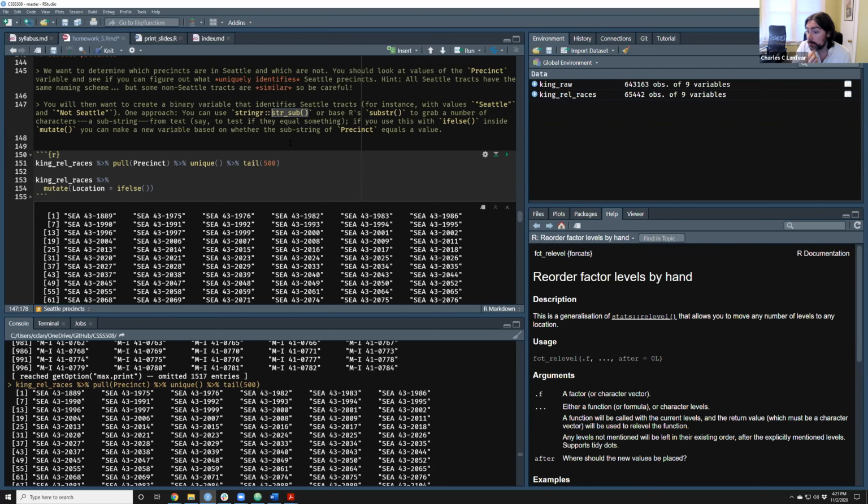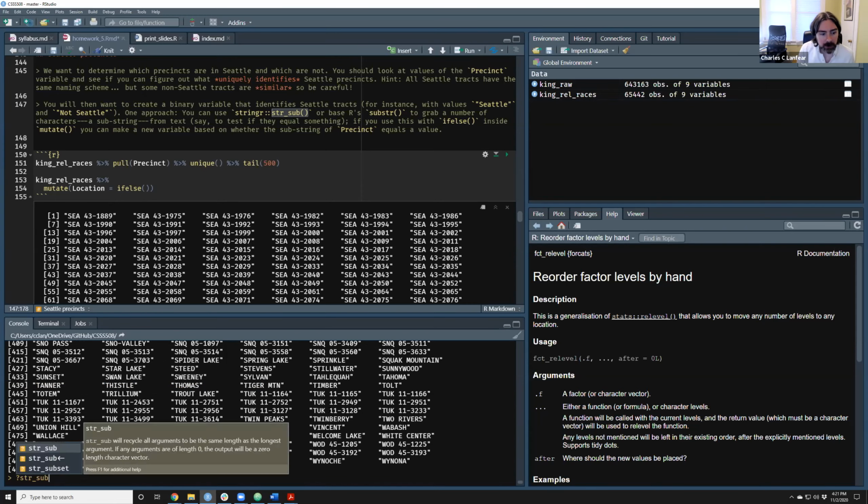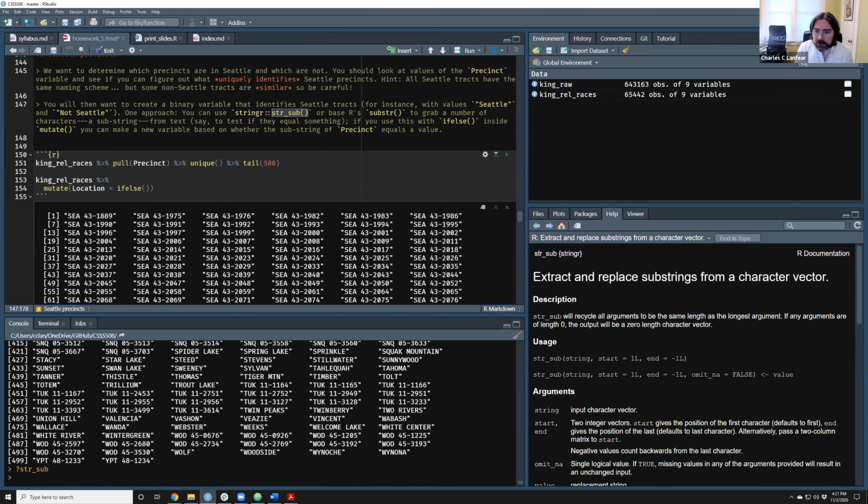Let me get help on the str_sub function and we'll see the way it works here. So str_sub is for extracting and replacing substrings from a character vector. Its syntax looks like this. We say str_sub, some particular string. The string is going to be like a column in our data set that's character data,